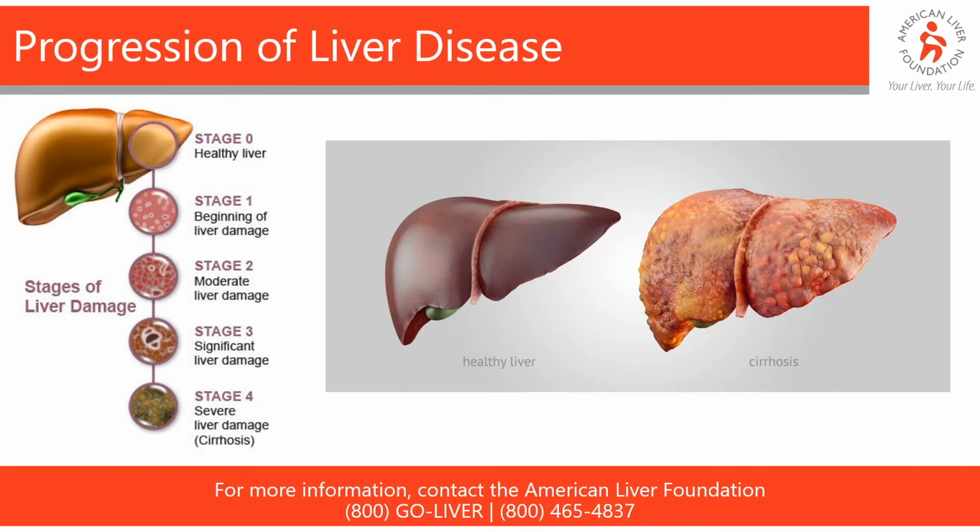Well, so too for the liver. As the surface and the internal cells of the liver begin to harden, they begin to get scarred, or they begin to get some inflammation. It's going to affect the way the liver works for us, and those are the beginning of liver damage. Now, we're going to get into the certain diseases, but first, what usually happens is